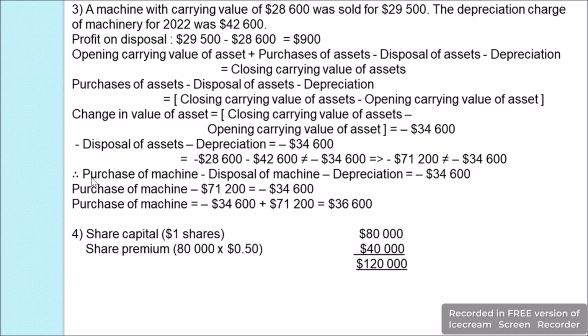Now we are going to find the purchases using the same formula, that is purchases of asset minus the disposal of asset minus depreciation should be equal to minus $34,600. So we know the disposal of machine plus the depreciation together will be minus $71,200. Therefore, purchase of machine minus $71,200 will be equal to minus $34,600. We will transpose this $71,200 to the other side. It will be an addition on the other side, as this is a subtraction on this side. So now we will have purchase of machine equal to minus $34,600 plus $71,200, and we'll get the value as